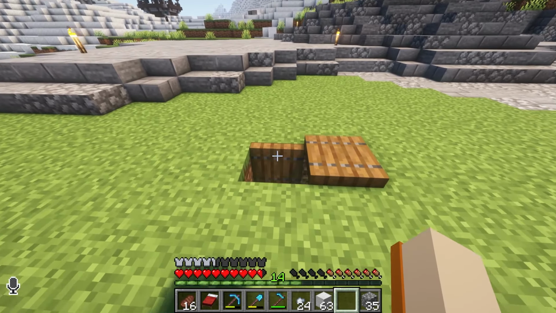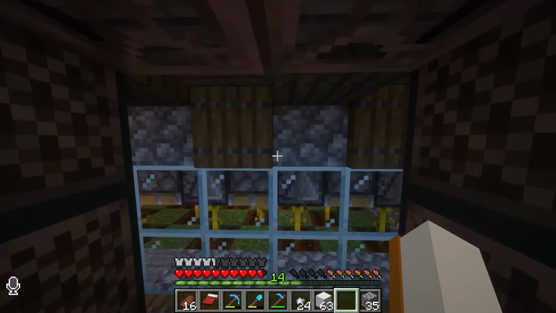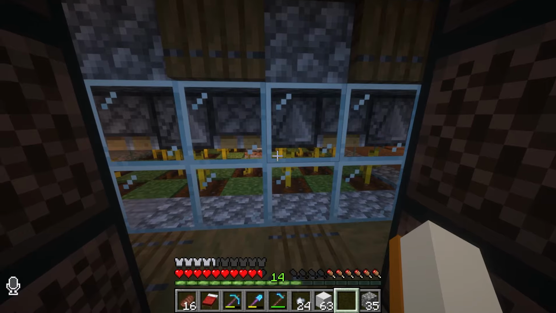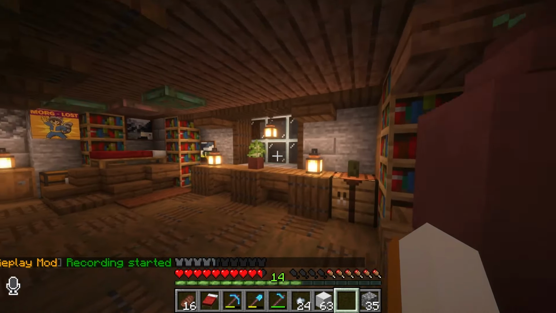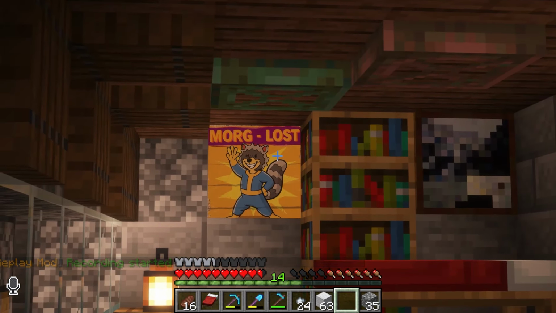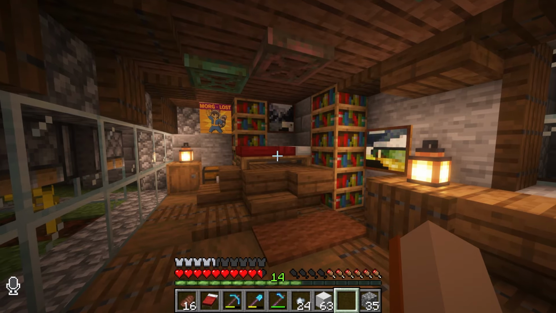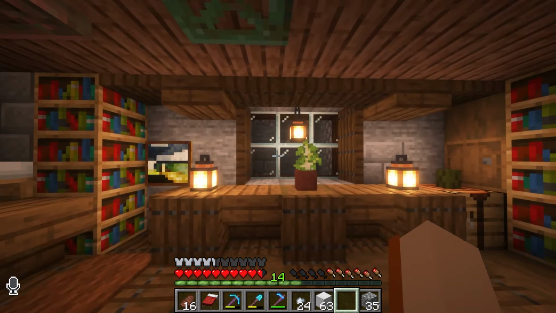And the reason for that is that if we head on down here, you can see that we have a brand new melon farm in this area. We have a beautiful little interior space where I have some copper trapdoors for some extra decoration and a mob-themed item frame. But we also have a wonderful bedroom area over here, and my favorite part may be our